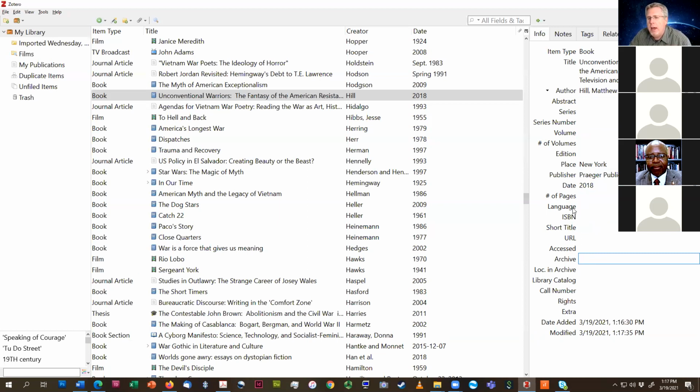So again, if it's part of a volume, a series, an edition, if there's, Lordy, if I ever got to a second edition, language, if you have the ISBN or anything that you find helpful, library catalog, call number, et cetera, et cetera, it is automatically saved. So once you click out of it, it is saved, and now you've made a new entry. So you'll see here that in this detail,